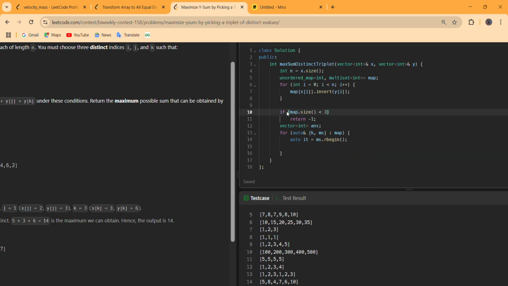This reverse iterator basically corresponds to the last element of every multiset. Now put that inside our answer, sort our answer in reverse order, and finally return the sum of the first 3 elements.